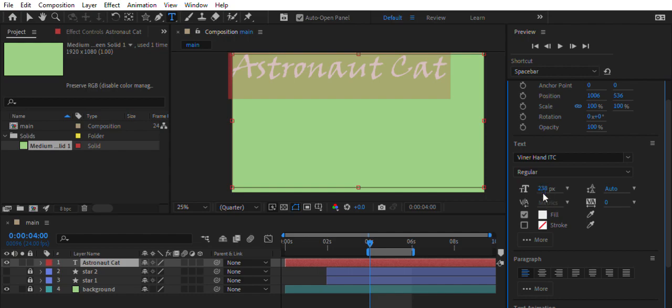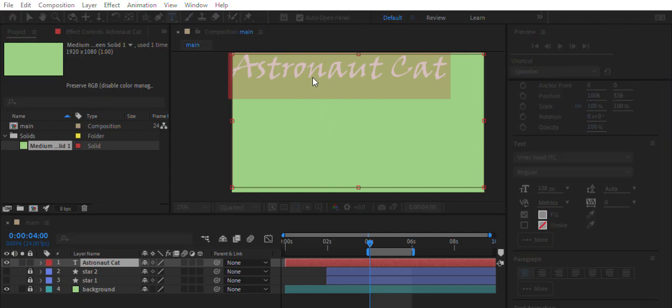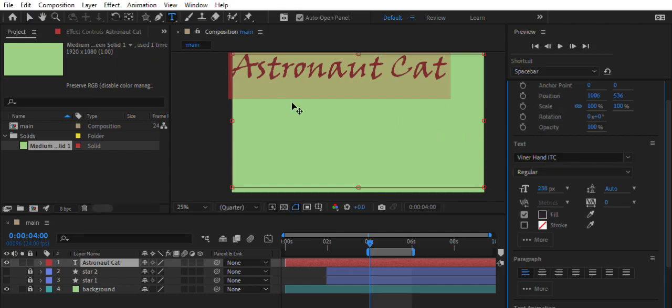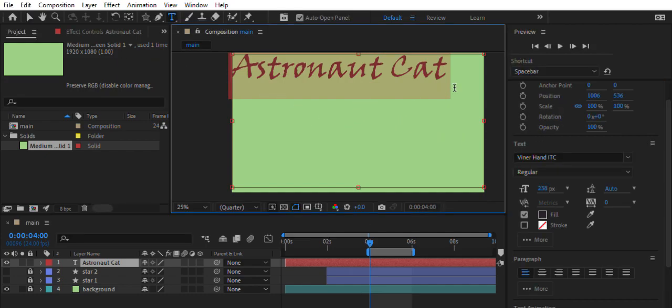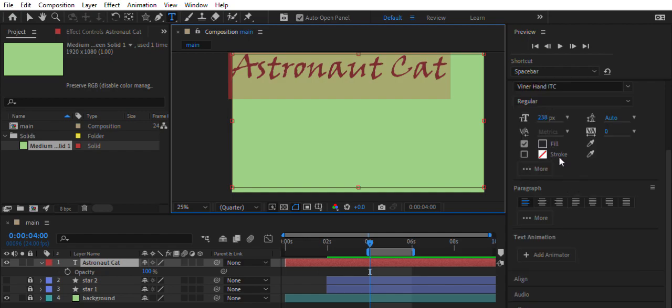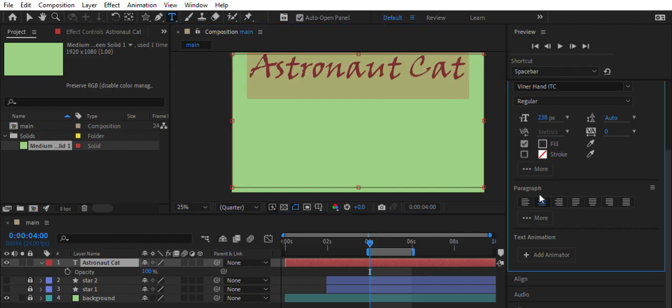We can change the fill. So maybe I'll make it a little darker. Something like that might be nice. I can select out of here, so I'll hit escape so I can see what that looks like. And then I'll hit the type tool again so I can select it. I can also add a stroke, but I'm not going to do that now. And then I also have these paragraph options, so I can center it,